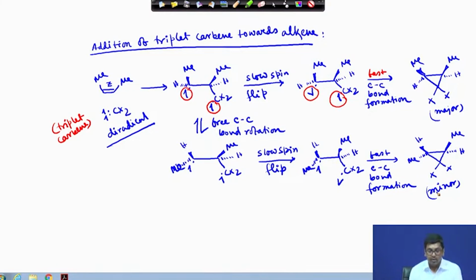Even though we are starting from one particular stereochemistry, that means we are taking one Z olefin, we are ending up getting two different cyclopropane products, that is one is cis, another one is trans. Fine. As per example, we can see